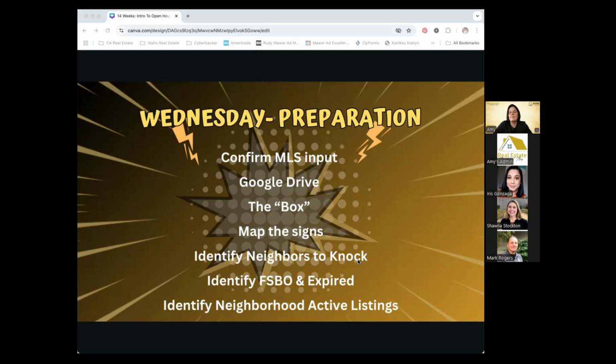Okay, so I'm going to go on the MLS and I'm going to look in the MLS probably for the last 12 months to see if there's any properties that have expired and not sold in that neighborhood, or any current for sale by owners. Those you aren't going to find in the MLS. Those you're going to search. Usually Zillow is a pretty good reference for those for sale by owners, but you may also check Facebook Marketplace or Nextdoor and search properties for sale